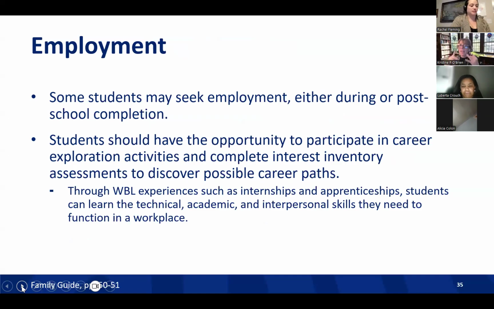What did they say? They wanted to be a nurse, a doctor, a lawyer, a teacher, right? All of those types of things. What we want to think about doing while we still have those students in school is give them opportunities to do career exploration. And that's a lot of what they can do with their counselors, but also maybe through some